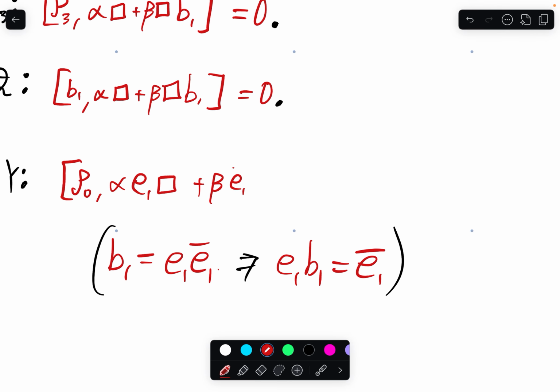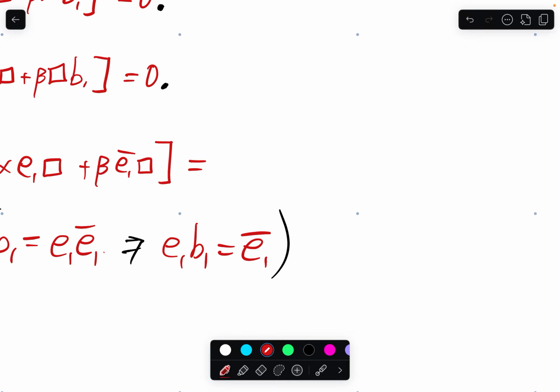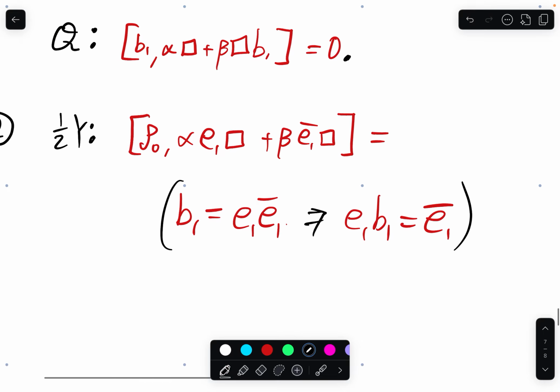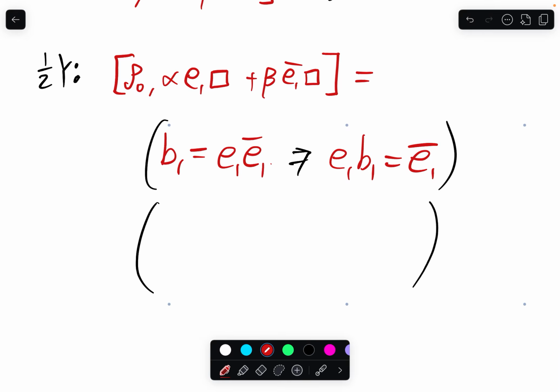So we get E1 bar box. And now we need to use two other properties. That is that rho naught E1 is equal to minus E1 rho 3, and rho naught E1 bar is equal to